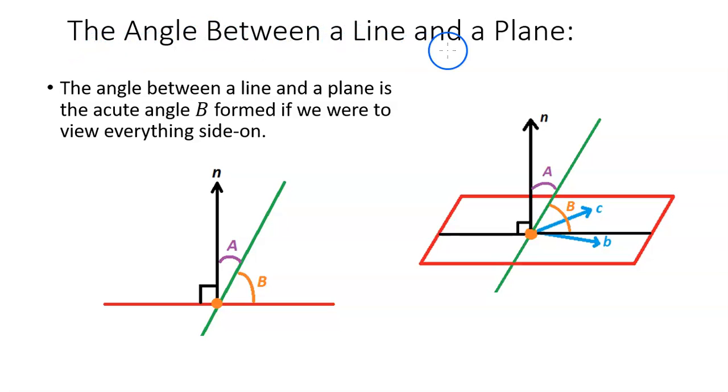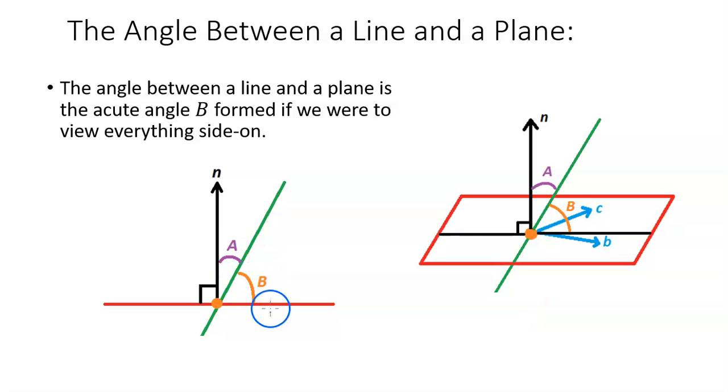The angle between a line and a plane. The angle between a line and a plane is the acute angle B that's formed if we were to view everything side on. So we've got this situation here, this arbitrary plane in three-dimensional space, and if we were to rotate everything so that we could look at it from side on, so this line here would be this line here, so we're staring at it from that direction,